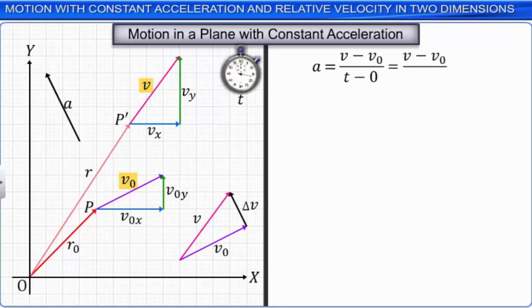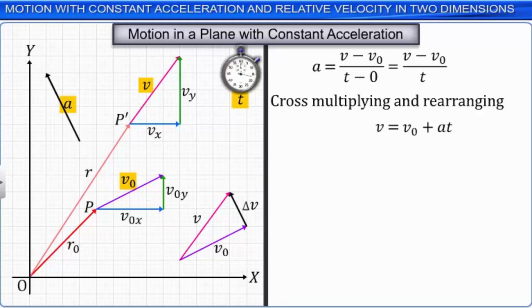Cross-multiplying and rearranging, we get v is equal to v0 plus a into t. Let this be equation 1. We can also write equation 1 in terms of its components as Vx is equal to V0x plus axt and Vy is equal to V0y plus